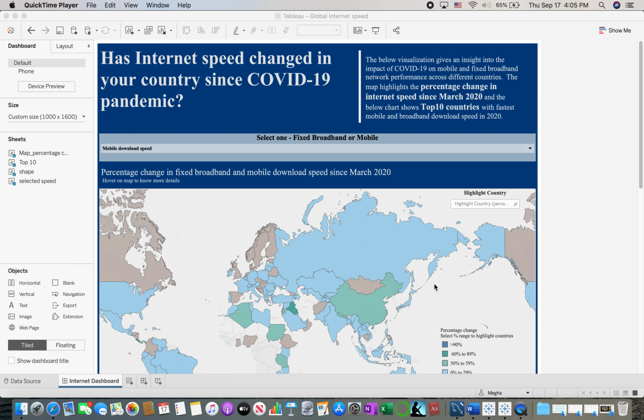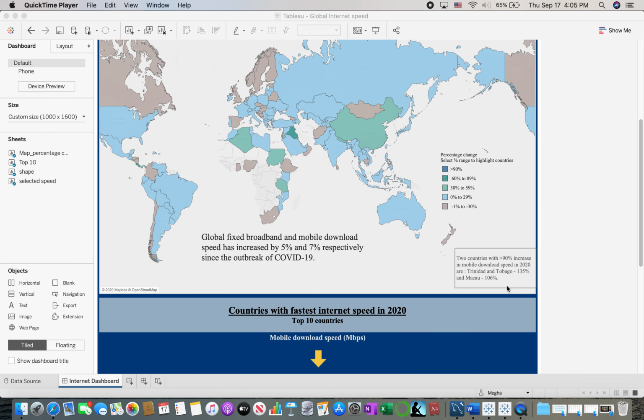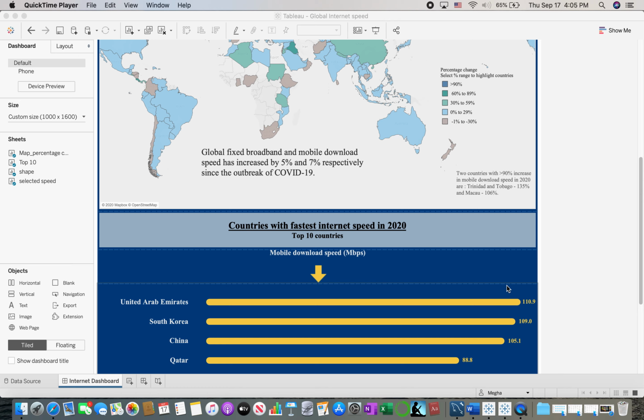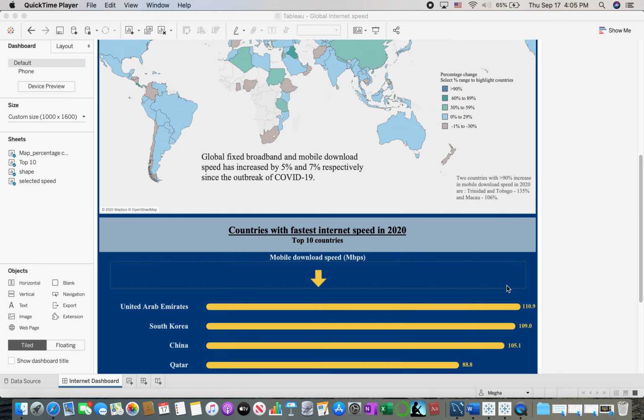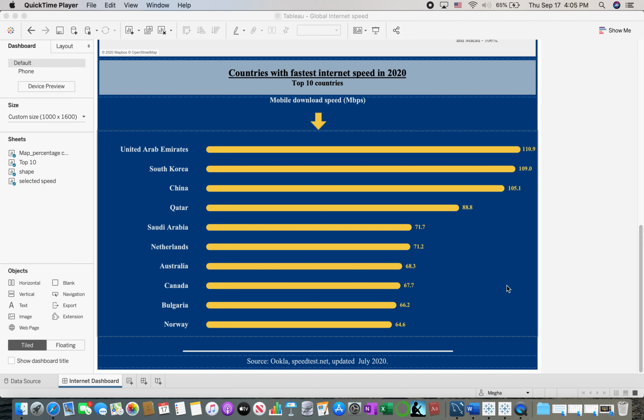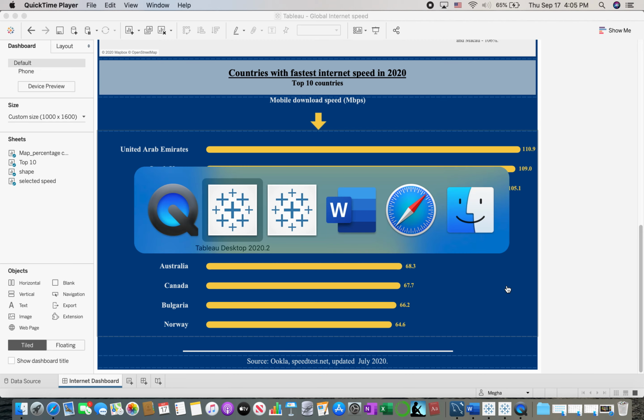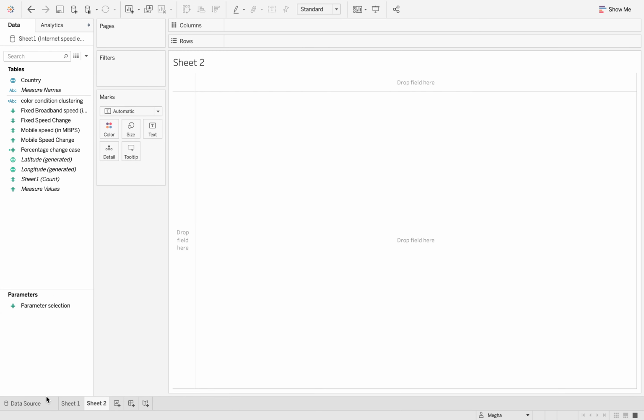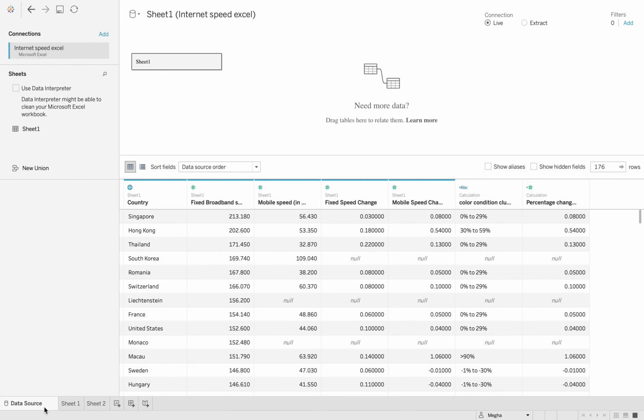So the objective is to create a dashboard, something that will look like this, showcasing a map as well as a bar chart, both dynamic. The data set that we are using is extracted from speedtest.net, which gives you information about fixed broadband speed in Mbps as well as mobile speed in Mbps across different countries, as well as percentage change in fixed as well as mobile speed since March 2020.